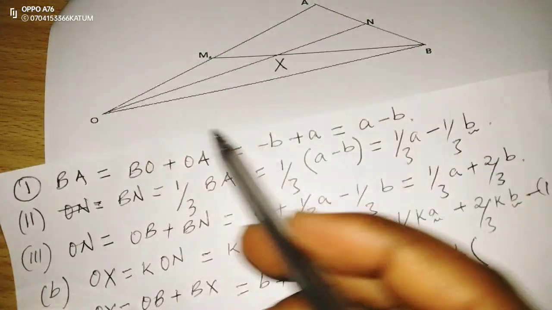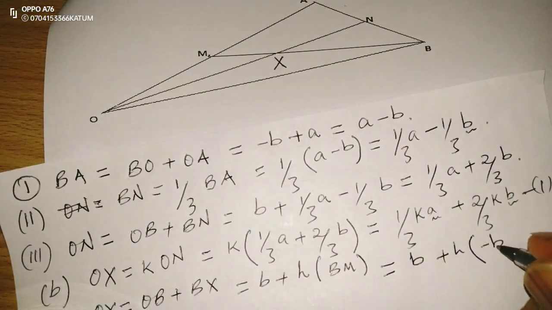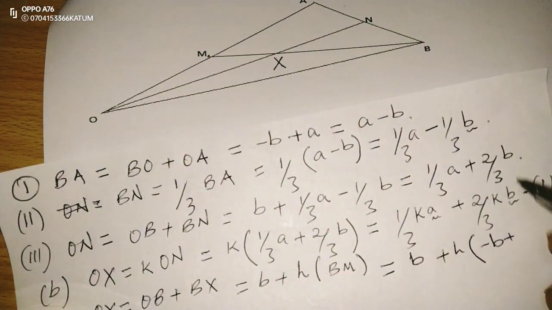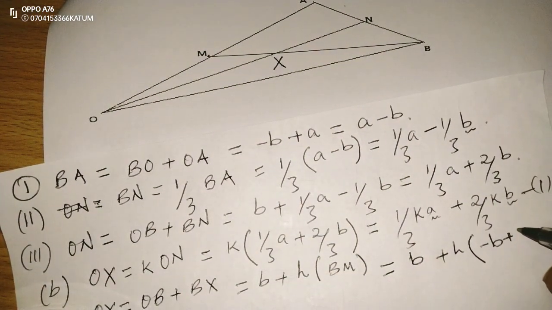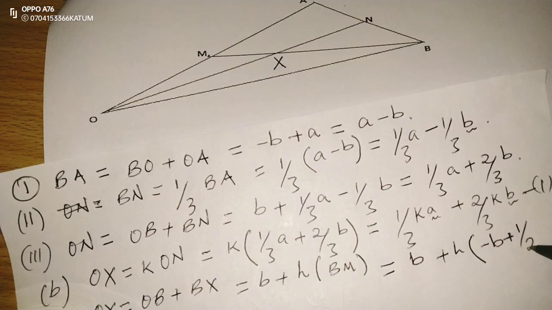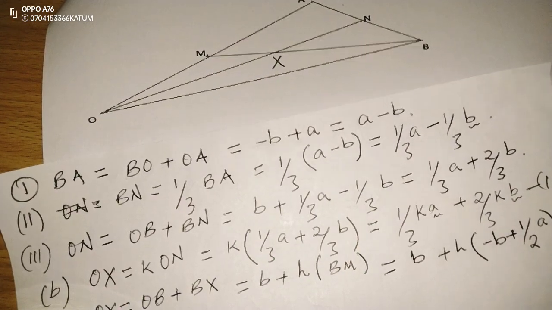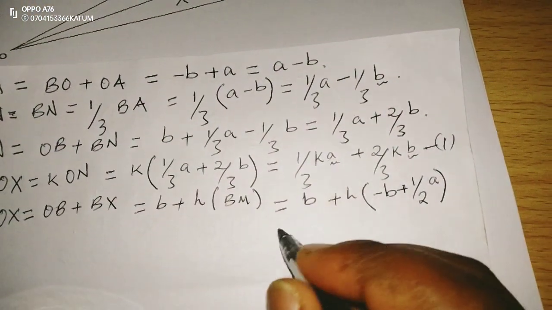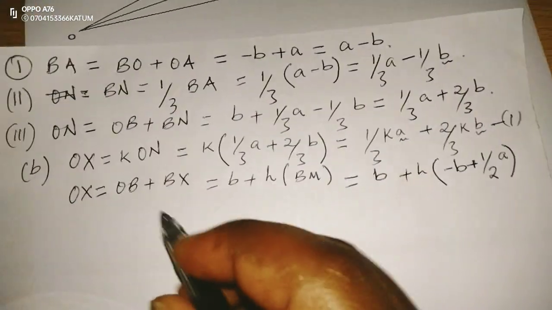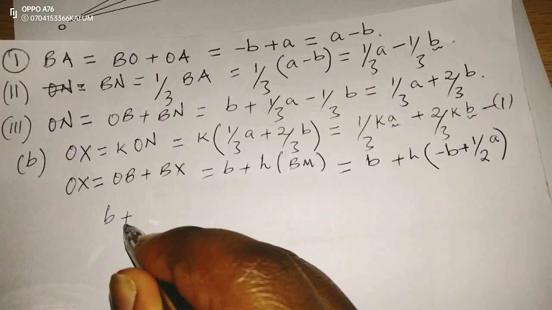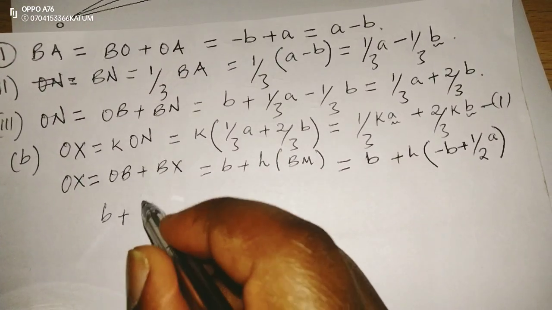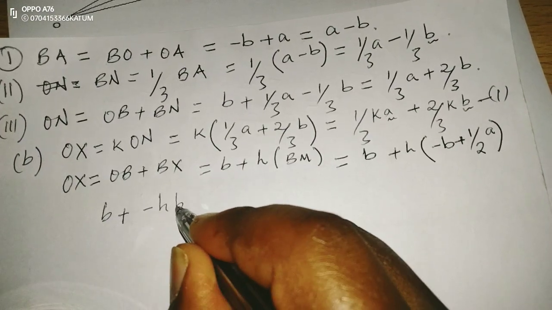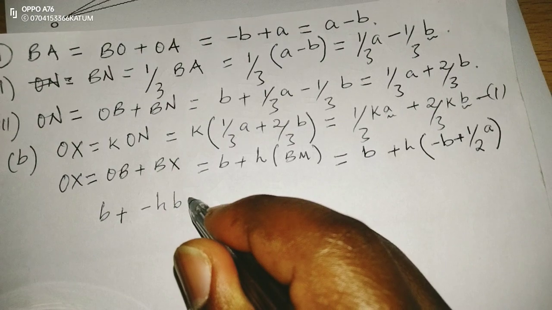BM is going to be BO, which is the reverse of B, plus, because M is the midpoint of OA, then OM is going to be a half vector A. Therefore, now we can rewrite this one such that OX becomes B plus, when we open here, we get negative H vector B. Then we add